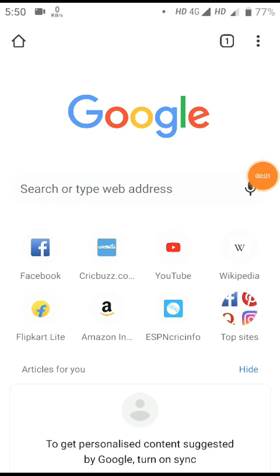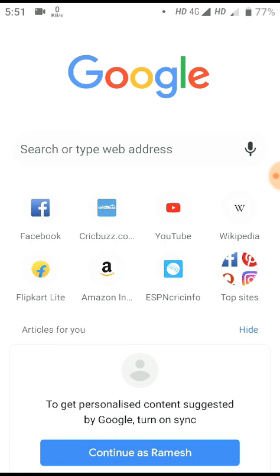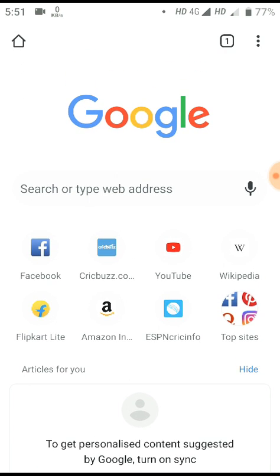Good morning, students. Today we will learn how we can create a Gmail account from our mobile phones. Students, nowadays an email account is very necessary for each and every task. It is also required when we are registering ourselves in Google Classroom. So let's quickly learn how we can create a Gmail account.